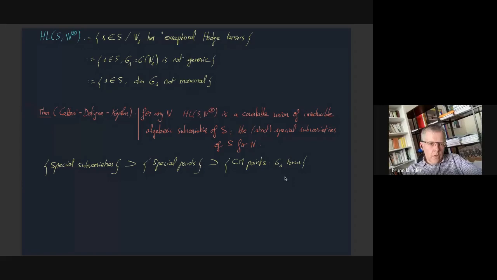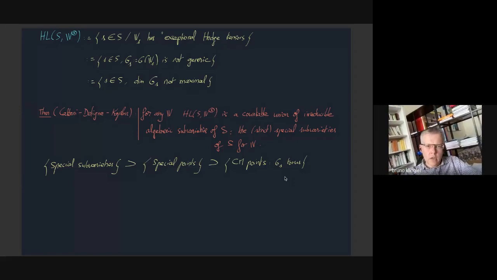And so the main result in all this game is a theorem of Cattani-Deligne-Kaplan that says that unconditionally, without the Hodge conjecture, and in fact for any variation of Hodge structure, not necessarily coming from geometry, this Hodge locus is a countable union of irreducible algebraic subvarieties of